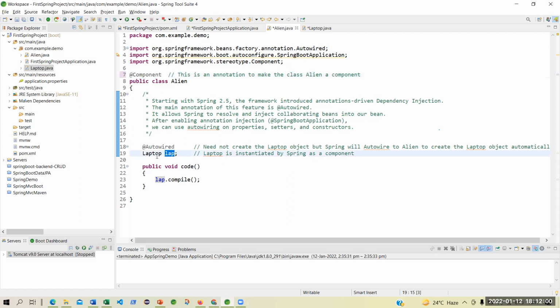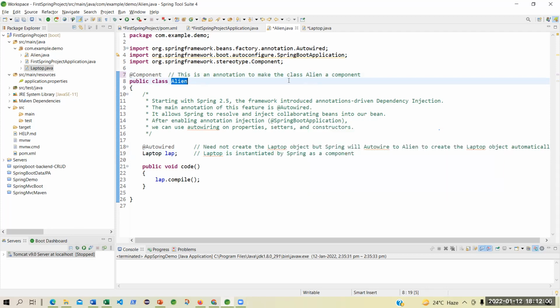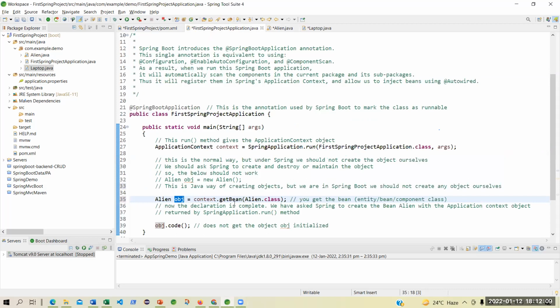So this Laptop is a component. This Alien is a component. They are lying in the container. But unless you call this object, getting it from that container, you are not using it. Once you use it, then it will go into the memory.